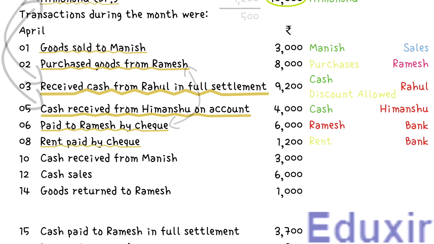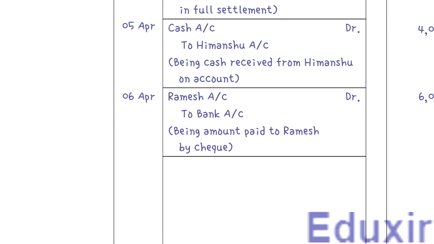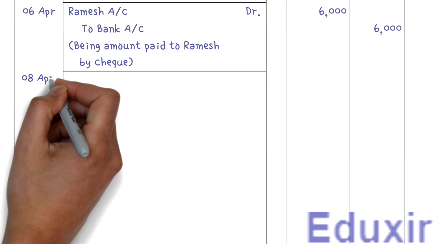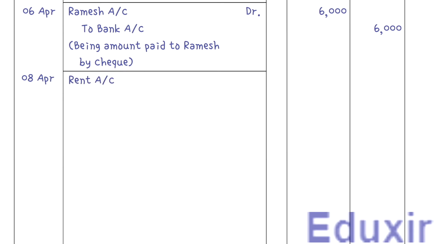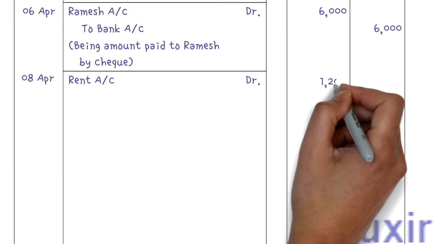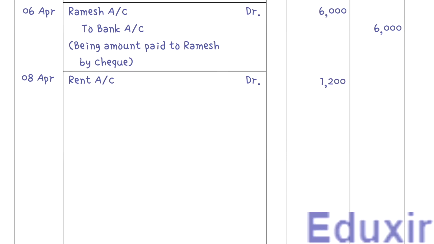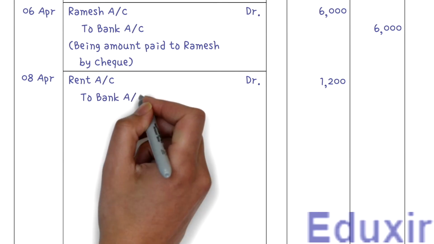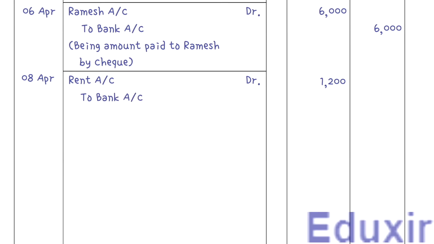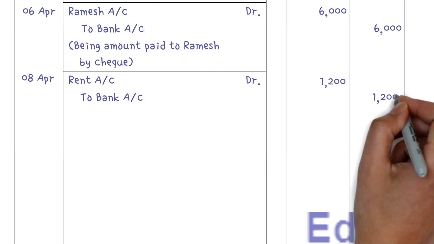With this analysis at our disposal, let us now proceed with the generalizing of this transaction. Let us first record the date. Let us then record the rent account as the debit entry. Let us also write the text DR to indicate that this is a debit entry. Let us then record the debit amount of 1,200 rupees in the debit amount column. Leaving a margin, let us record the bank account as the credit entry. Let us also record the credit amount of 1,200 rupees in the credit amount column.